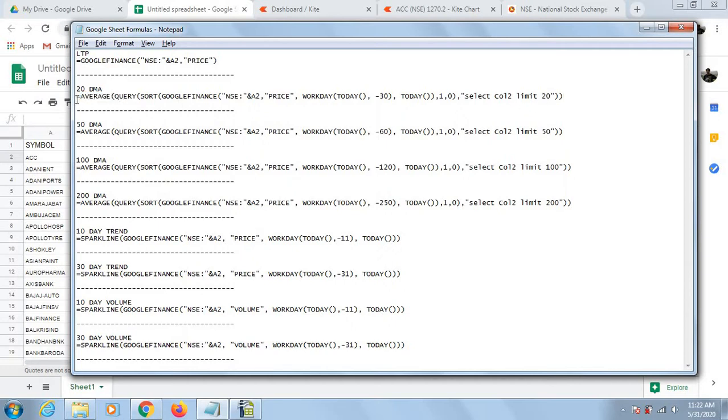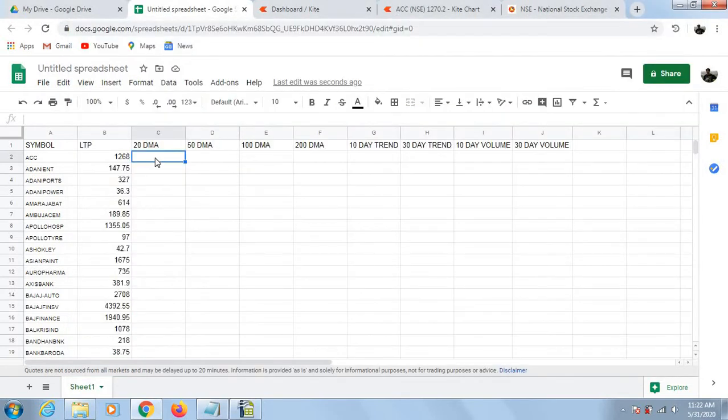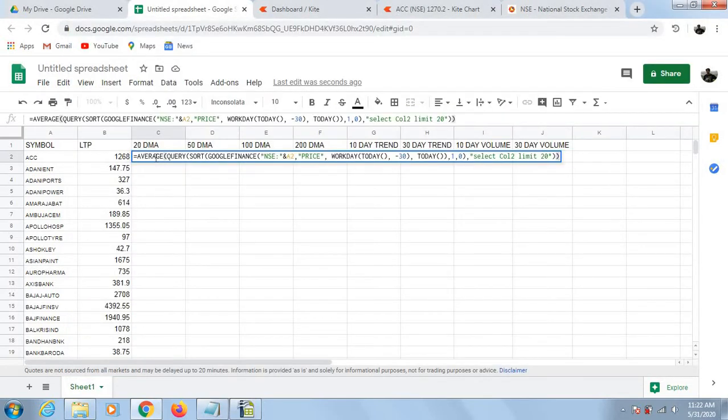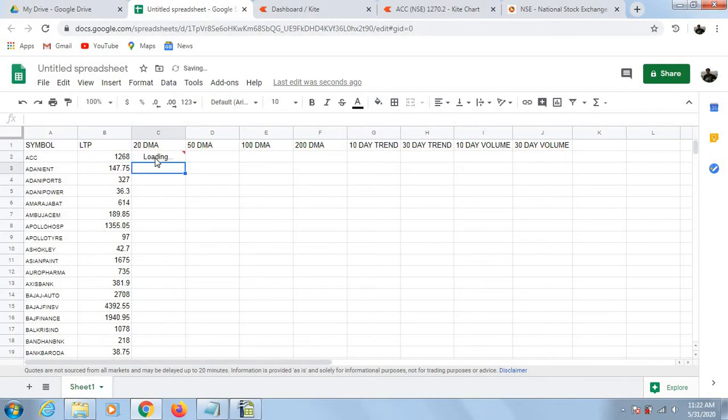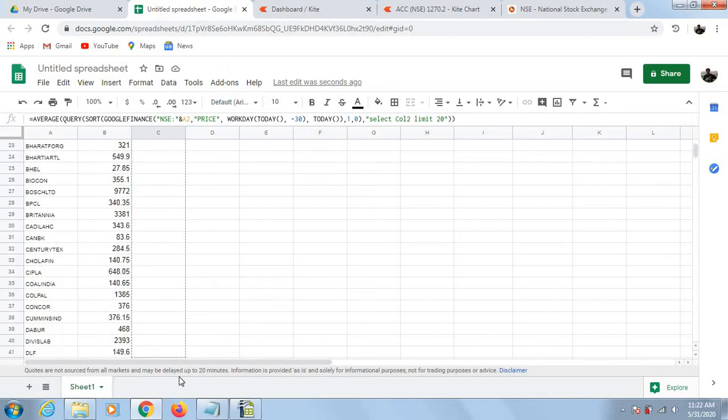I'm just copying it and pasting it over here and pressing enter. I'll do the same thing, click and drag for the other symbols.